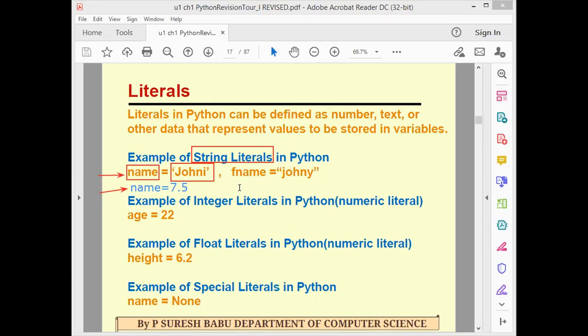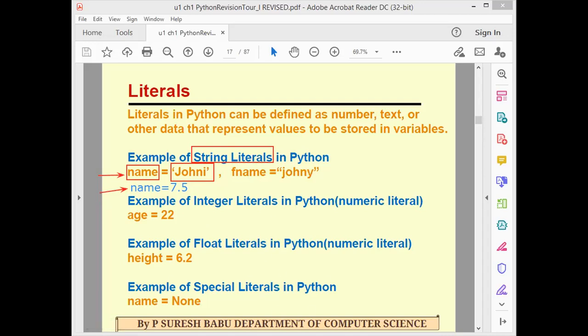First line name equal to Johnny, second line name equal to 7.5. This is the usage of a variable. It acts as a storage box. If you want to store any value, you should use a variable. These values are constants. So if the third line is print name, it will display the last updated value.